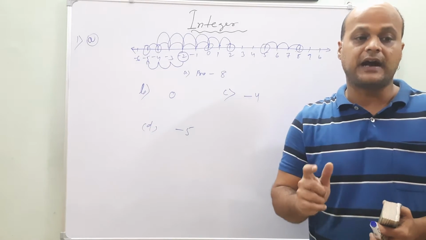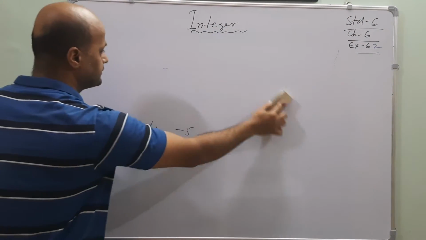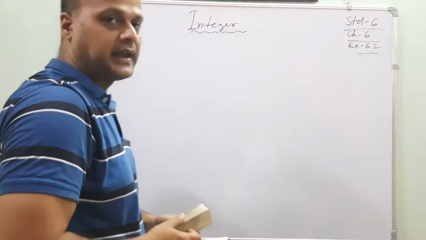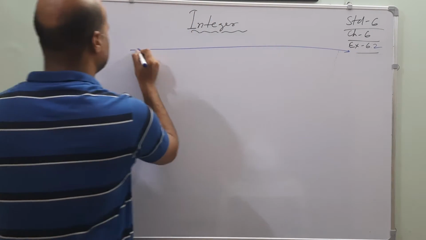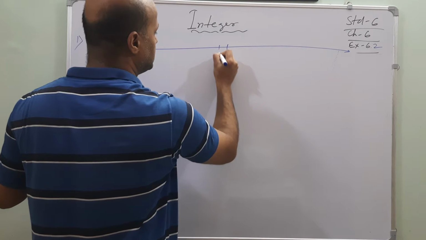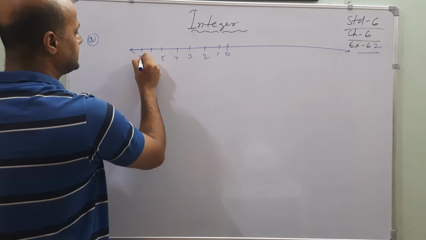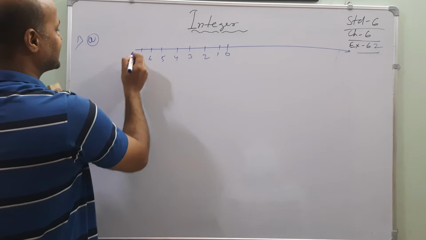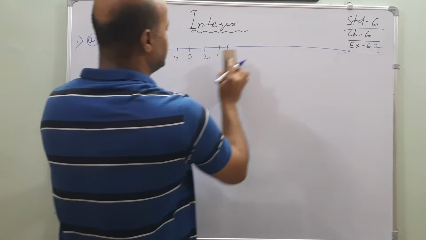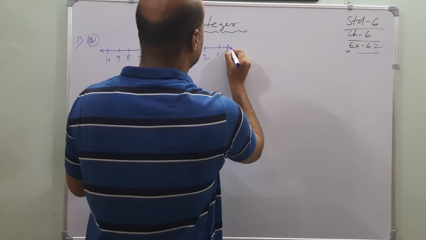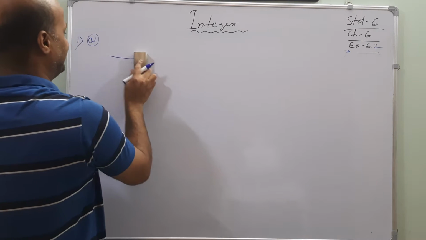Use the number line and add the following integers. Okay. Now I have to erase this one, and with the help of a scale, draw the number line. Okay, in the center 0, 1, 2, 3, 4, 5, 6, 7. My line is not straight, so I am extremely sorry for this, my dear friends. Okay, make it a little bit straight. Okay, I will draw it once again. Sorry.